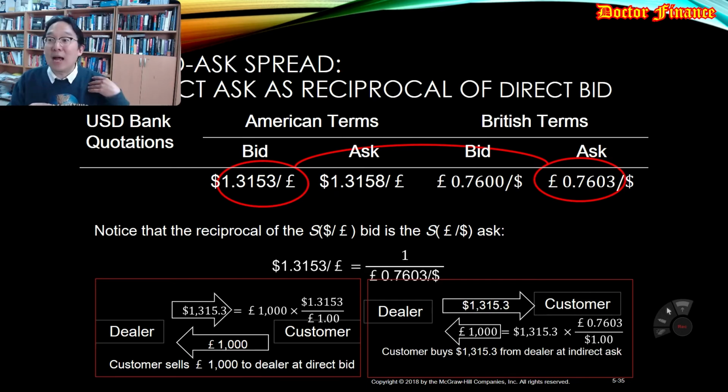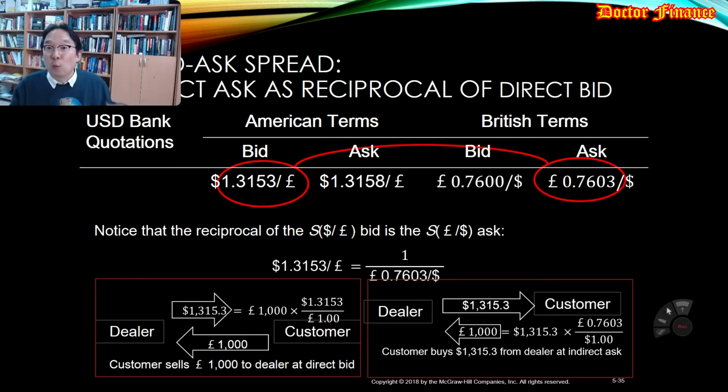Okay, his bid price is my ask price, and his ask price is my bid price. We are just taking the different currency from different, opposite perspectives. Okay, that's what's going on over here. So let's say here's a customer